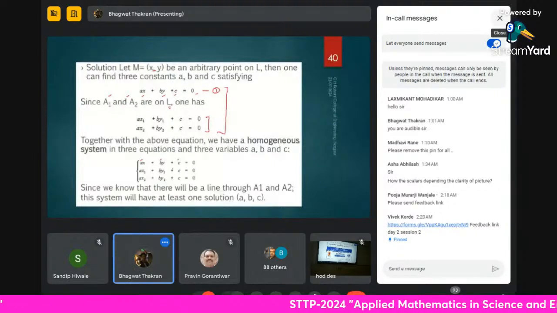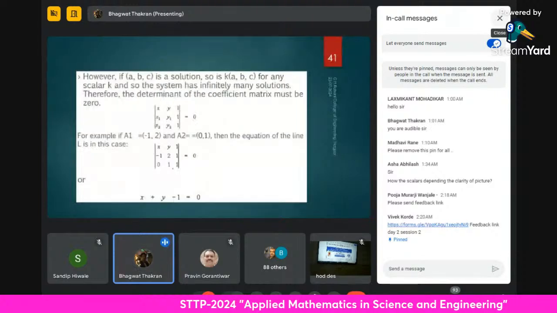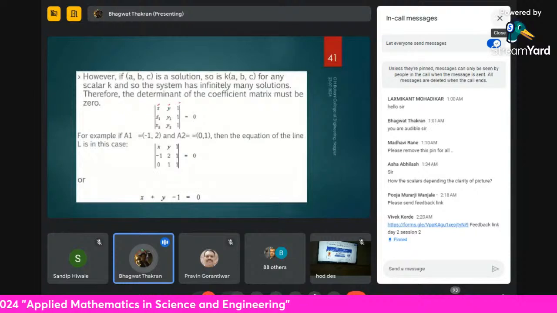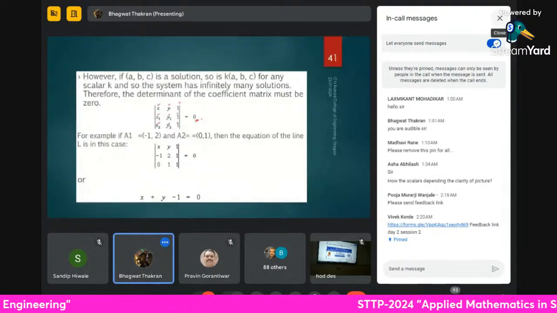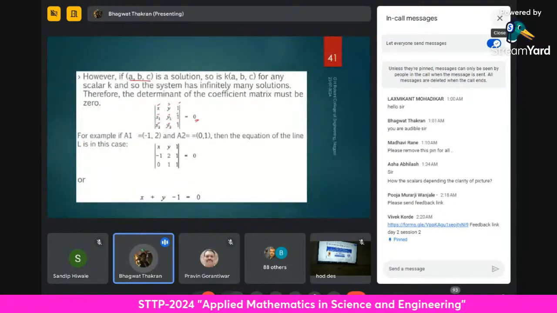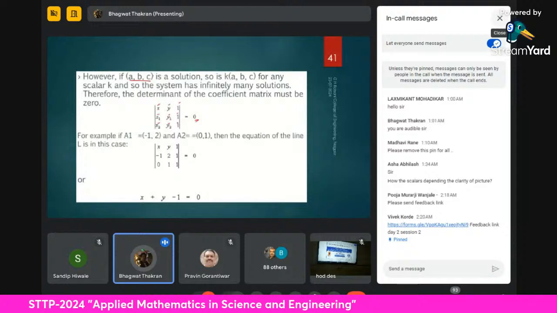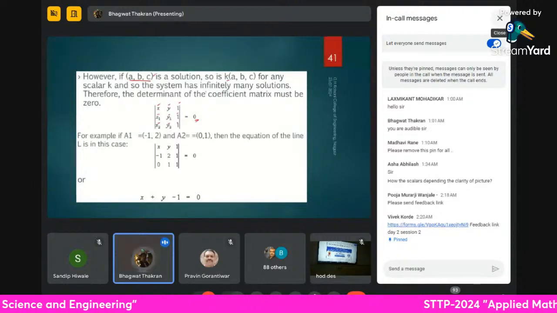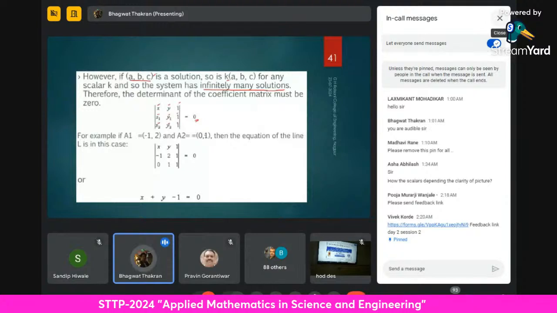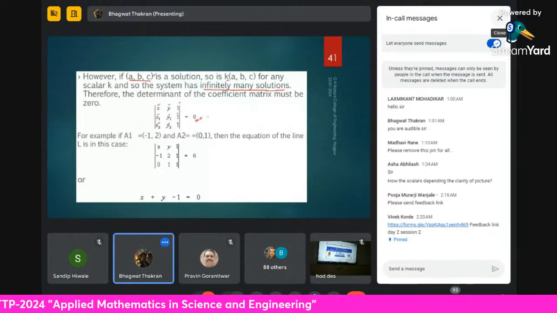So what do we have from this point? That the determinant of x1 and x1 will be 0. Why is it 0? Because if A, B, C are the variables, then all these three equations hold the same variable, and if I take the multiplicity, then again I'll have infinitely many solutions. And if a system has infinitely many solutions, then its determinant is always 0,